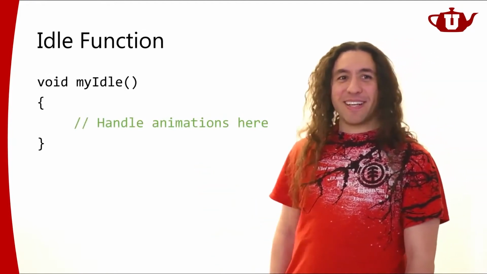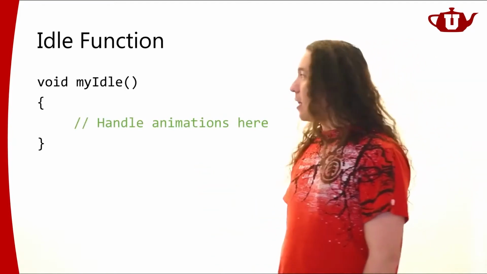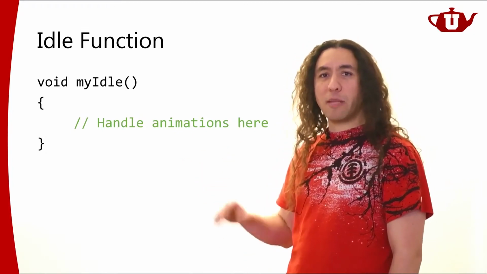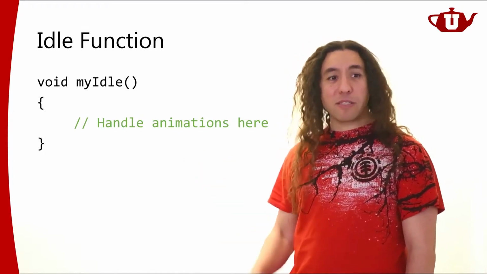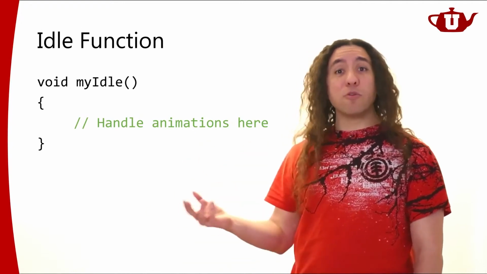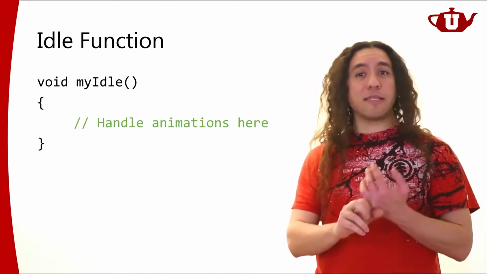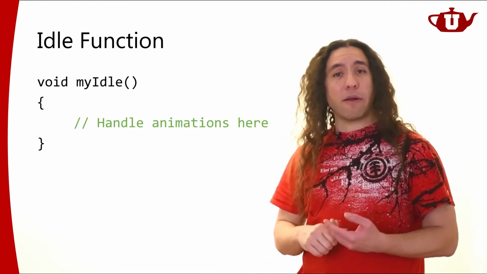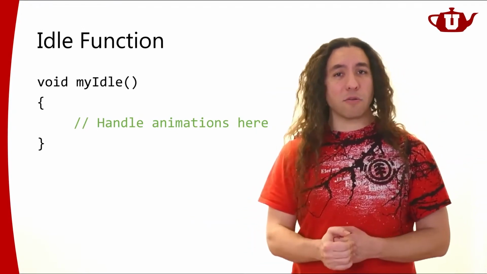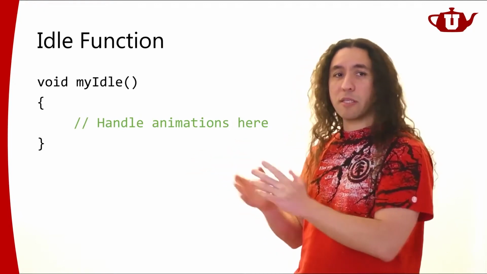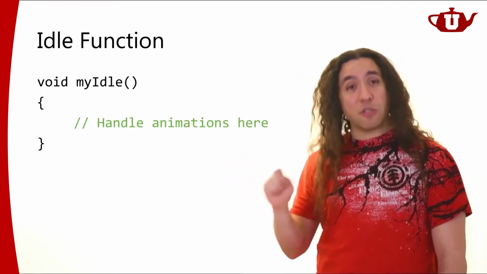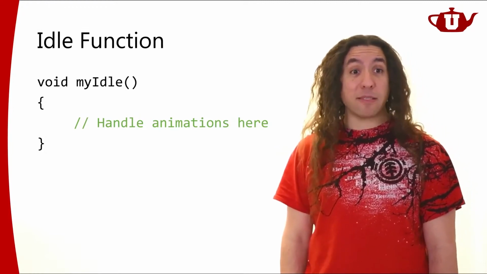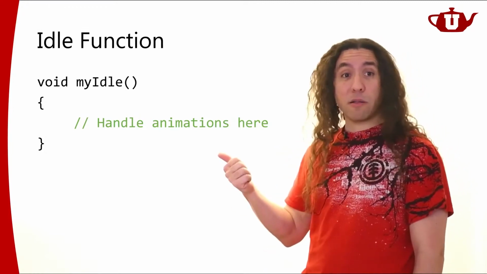Idle function. Yeah, so this is where a lot of animation-related stuff is going to happen. This is the right place to put your animation-related stuff. Remember, we're still inside the GLUT main loop. So whenever GLUT is done issuing the draw commands or handling our keyboard and mouse inputs, it's going to be calling this function. One thing you'll need to do with a lot of animations is figure out how much time has passed since this was last called.